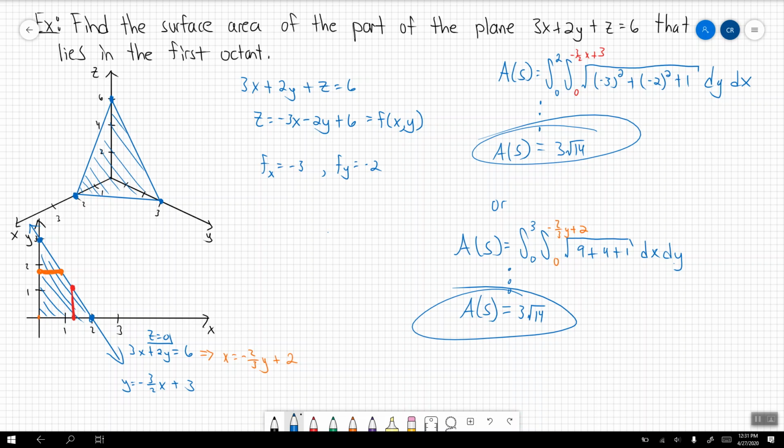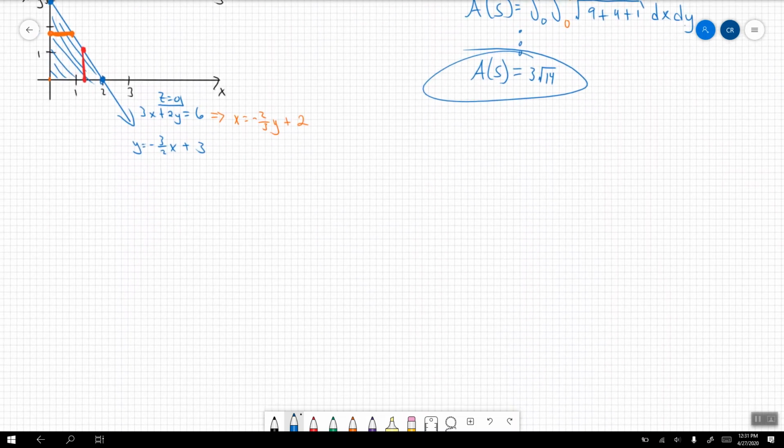So again, completely up to you. Do you want to do this using vertical heights or horizontal heights? Whichever way you do it, you should get the right answer. Awesome. So now that we have more of a feel for this, let's go ahead and do another